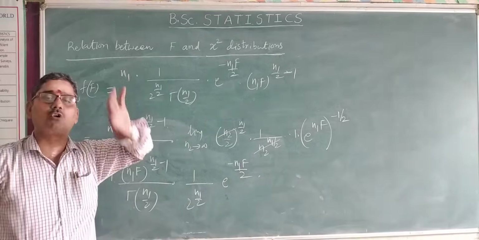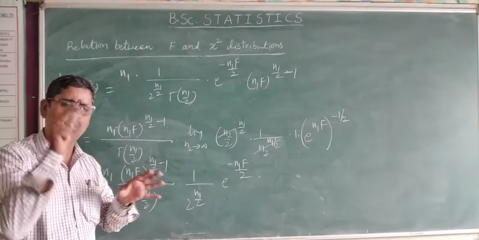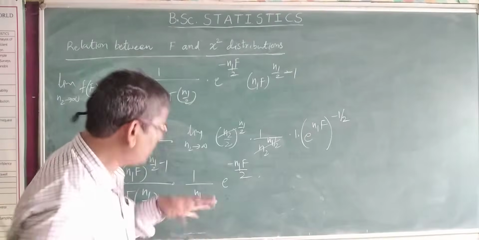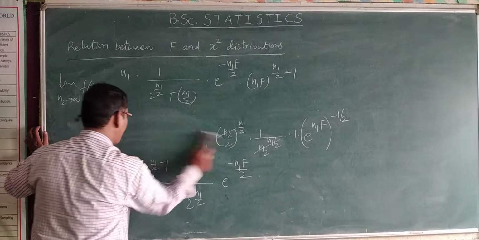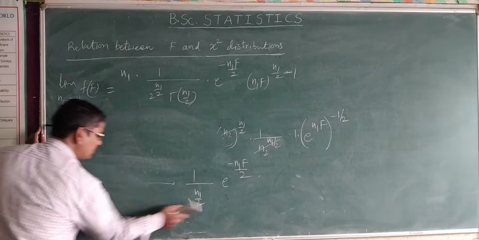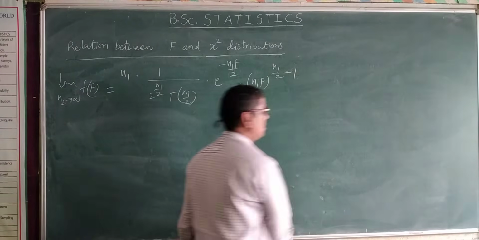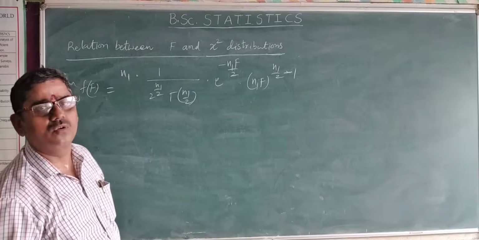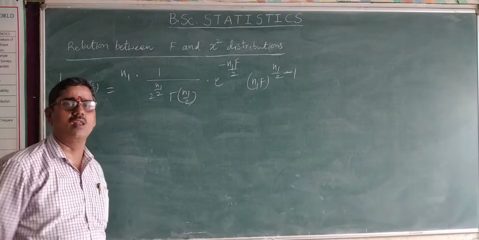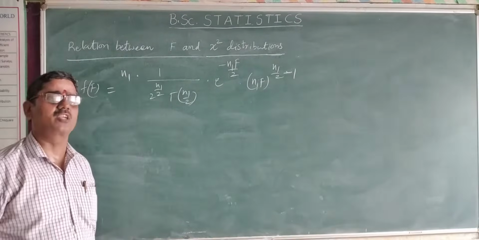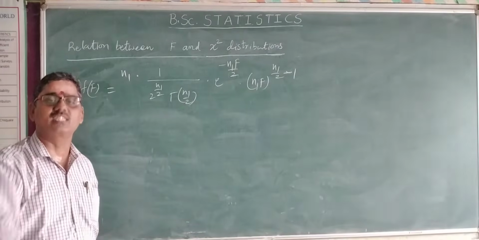Now I am using the Jacobian method, not completely, I will tell you only the formula so that I finish the result. Hope you understand this. Whenever you want to do the Jacobian transformation method, from a known variable and its probability density function, you calculate the unknown variable and its probability density function.